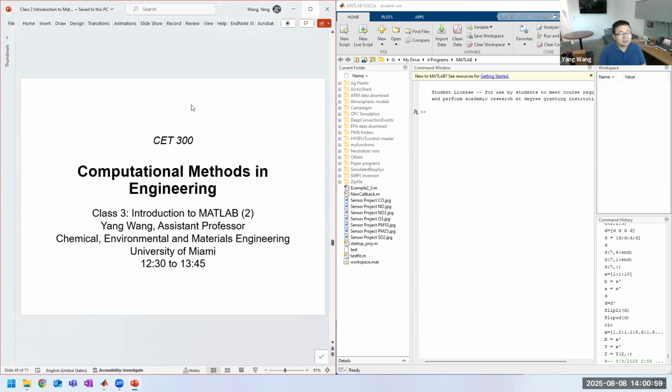Hello, everyone. This class, we're going to continue with the computational methods in engineering. We're just going to carry on with the basic operations in MATLAB, right? So the introduction to MATLAB, just going over some basic calculations, operations. So to carry on from our last class